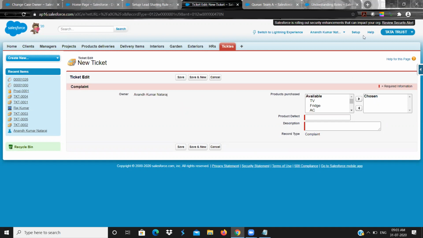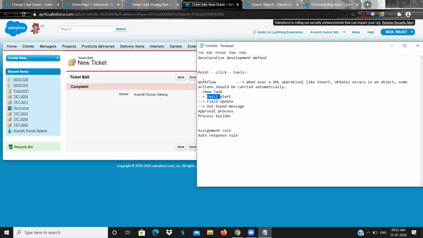In that case, you will go with the point and click tools. First, you should know what is possible in point and click tools so that you use them properly, and what is not possible also you need to know. Only these 4 actions are carried out in a workflow rule, and only insert and update, not delete.